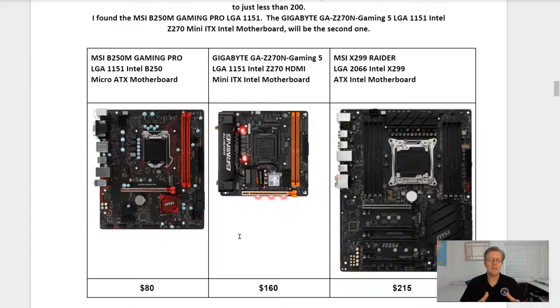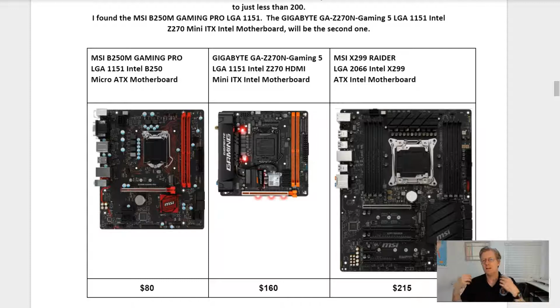You have a PCI Express X16 slot for a video card. You also have an M.2 slot for the newer types of M.2 storage devices. And that's kind of nice for upgrades if you didn't go with it today. The next machine here is the Gigabyte. Now this is on a mini ITX form factor, and you notice how much smaller it is from the other size there. That allows you to go with a smaller case.